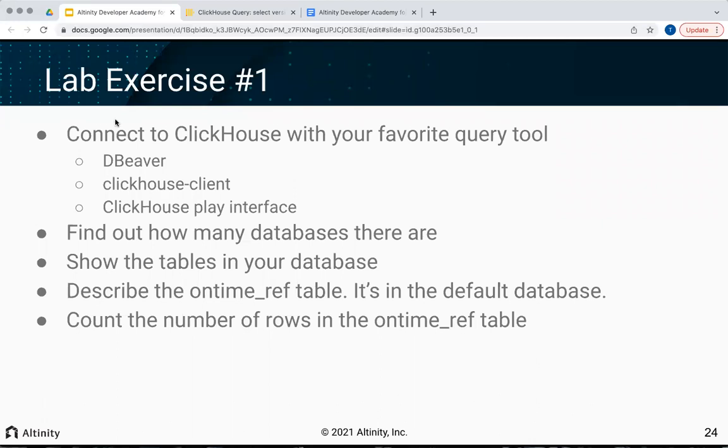Yeah. So you can use anything. You can use the ClickHouse client if you like command line tools. You can use JDBC UI if you like them. Or if you don't have anything, you can just use the play interface, the link that we sent you in the email. And the tasks are find out how many databases there are, what the tables are, and describe